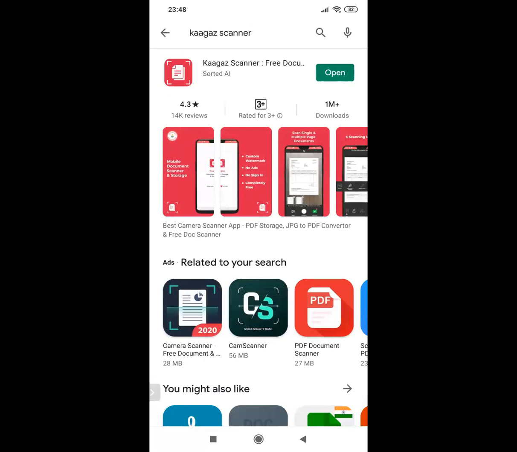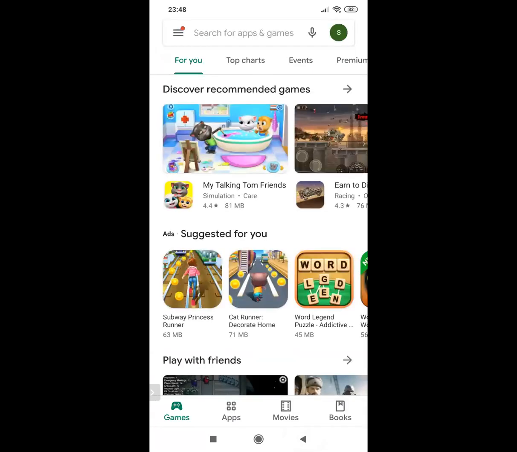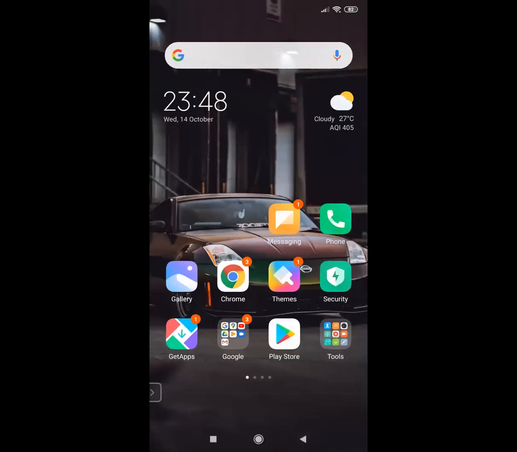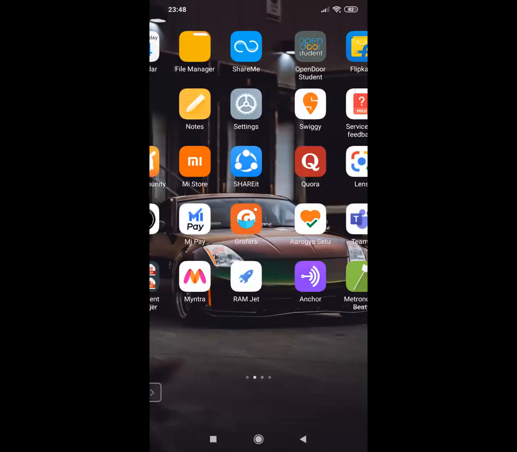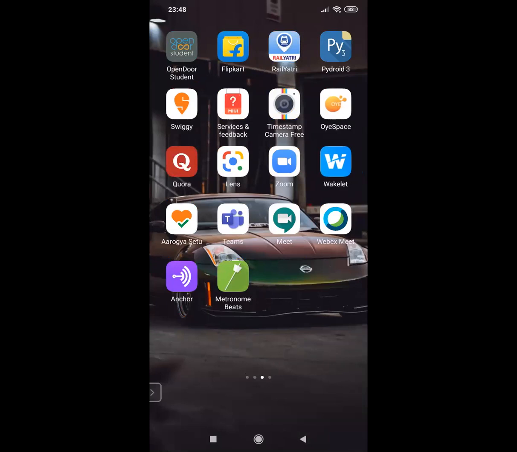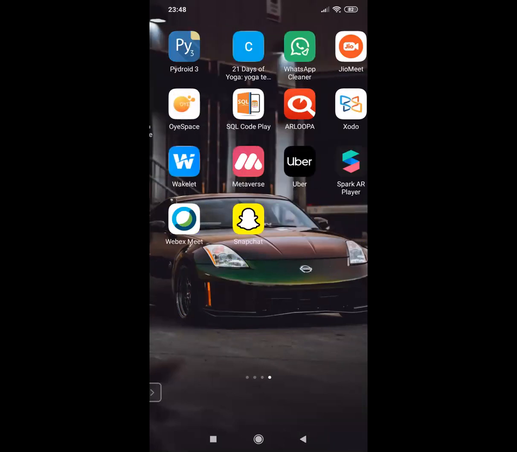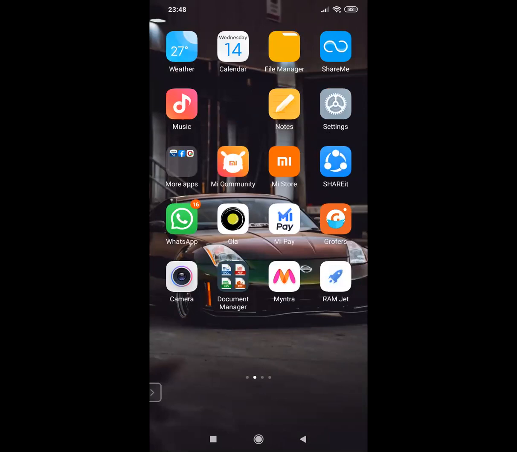Okay. Now, once it's done, the next thing is that I need to show you how to start with the creation of the PDF file. So for that, I actually take up a notebook, my child's copy actually. So certain pages, I will try to create them into a PDF file. So let's get started. I go to my camera